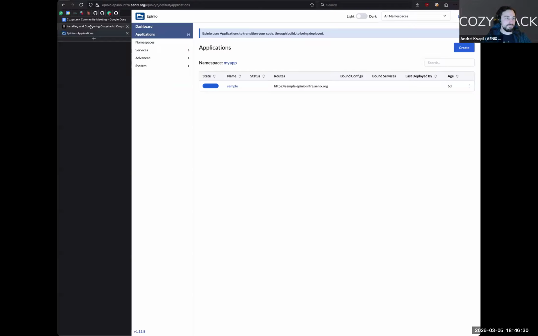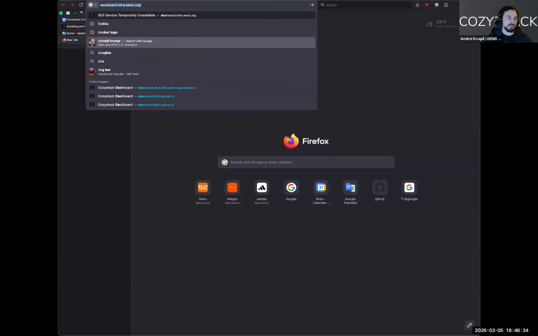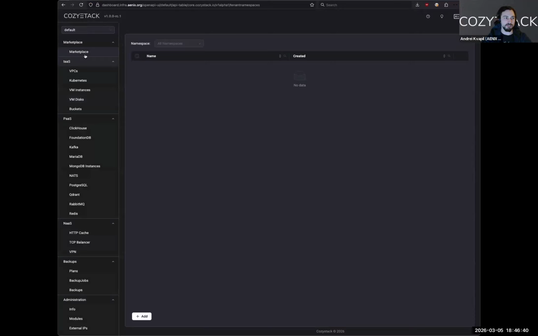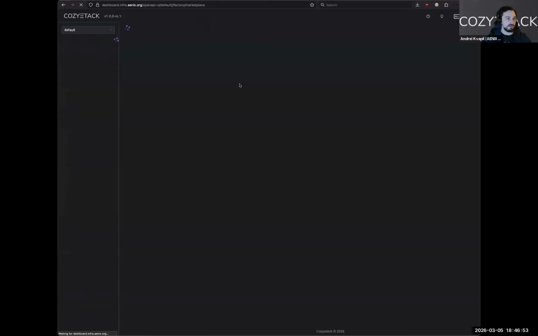Yeah, in fact, Cozystack is focused on providing managed services, and managed services are the thing which users can just consume. They don't need to manage them by themselves. In fact, we have this marketplace with a list of applications.